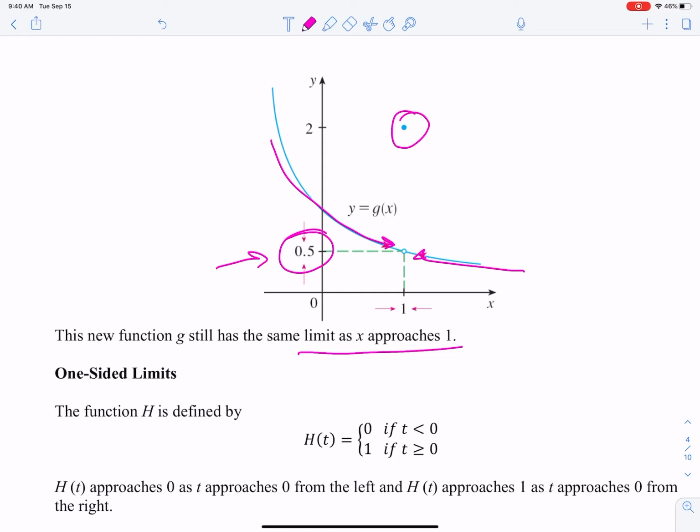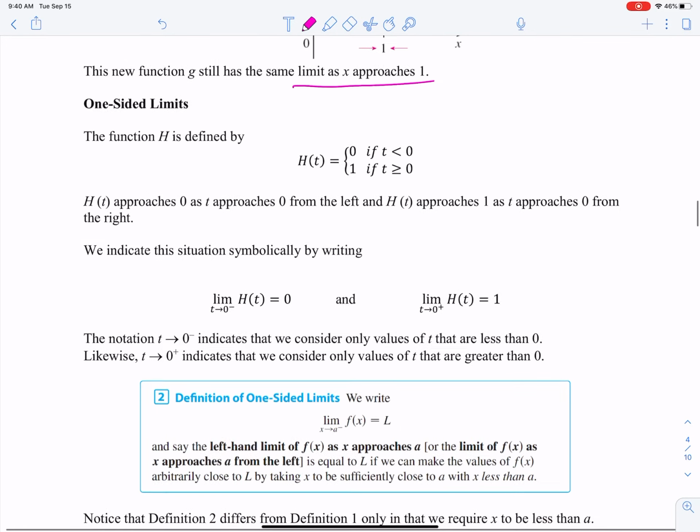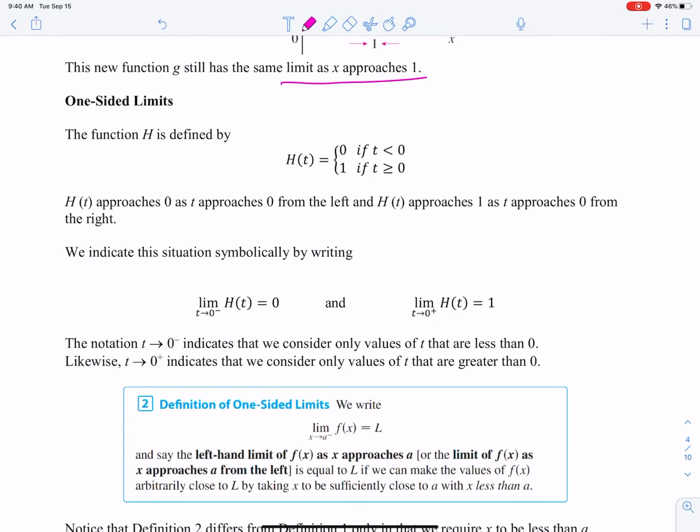Okay? All right, so we keep talking about from the left, from the right. We can just look at one side or the other. We don't have to necessarily look at both sides. All right, so let's see. The function h is defined here piecewise. So h of t equals 0 if t is less than 0, and 1 if t is greater than or